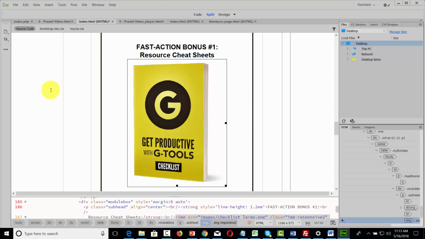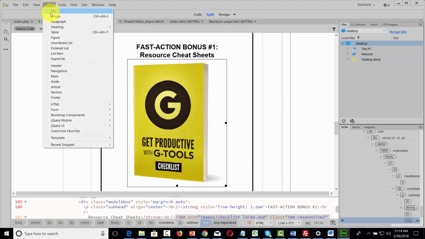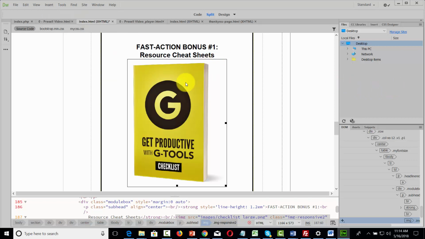Welcome back. You will also want to know how to insert images into your page or how to edit images. And the easiest way to do that again is going to be to use your insert command. And then you'll be able to use the image link to do that. Now, if you have an image already on the page and you're looking to edit, if you highlight the image,